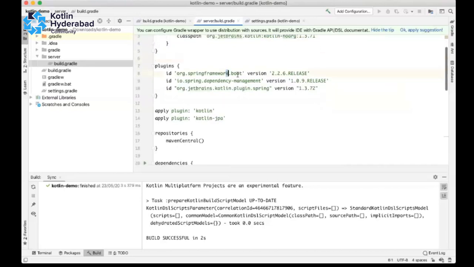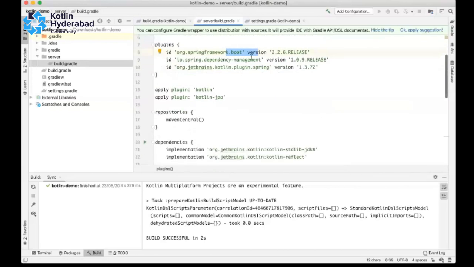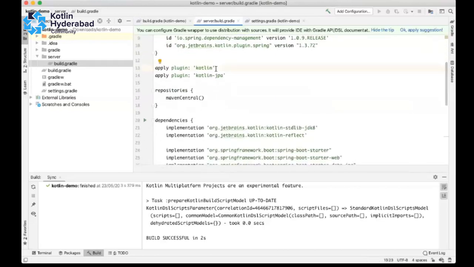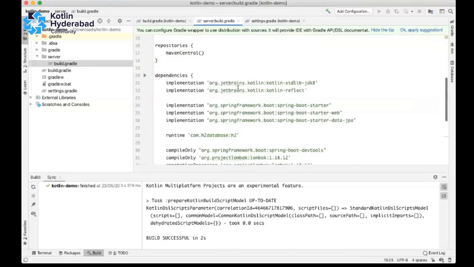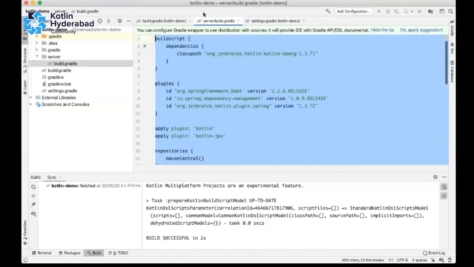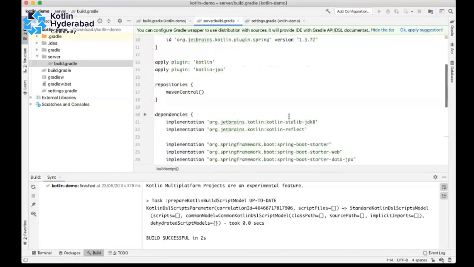Next, you can see the Spring Boot version that I'm using here. And these are the different plugins that we use for a Spring Boot application. These are the ones which will compile our Java classes and our Kotlin classes to dot class files.